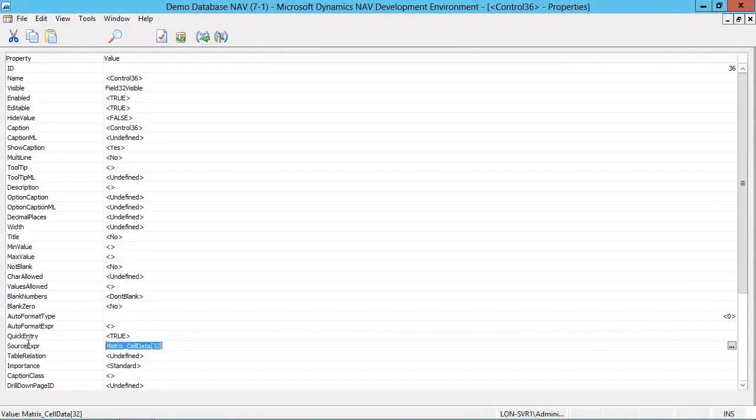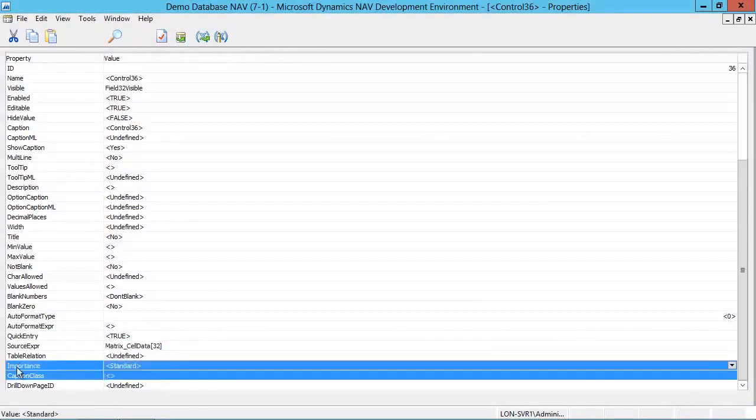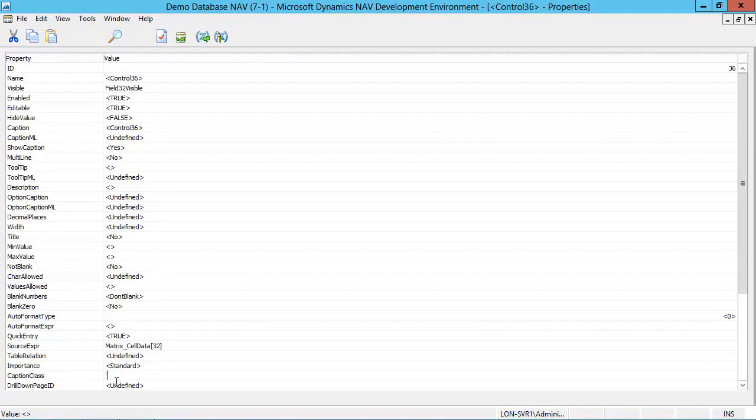There is one more thing that I have to do, which is to specify the caption class. So I won't be explaining the caption management code unit here. What I'm going to say is that caption class which starts with 3 comma means that whatever I provide as the remainder of the caption class is going to be used as the caption for my column. So here I'm just going to have matrix caption, and then again I must match my ordinal position, in this case 32. So here I will have matrix caption of 32,